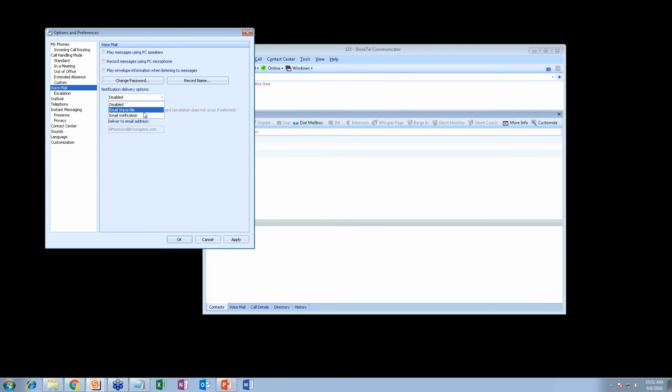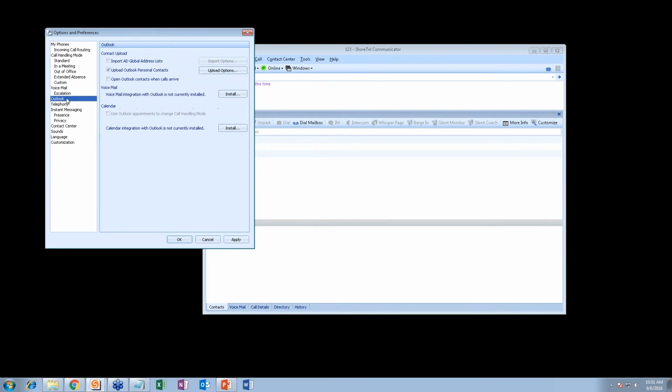And I don't have that turned on here because I don't have Outlook installed on this guest OS. Oh, actually I just did. But regardless, if you turn on the Outlook integration, and that's this voicemail integration with Outlook, all I have to do is click install. I just have to have Outlook closed. It's a plugin that runs in your Outlook client. So you can only see it from a computer that has Outlook on it that you've installed the voicemail integration plugin. And what that'll give you are controls in your voicemail that look